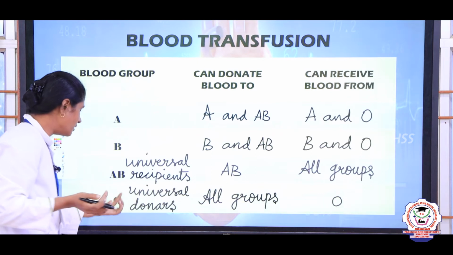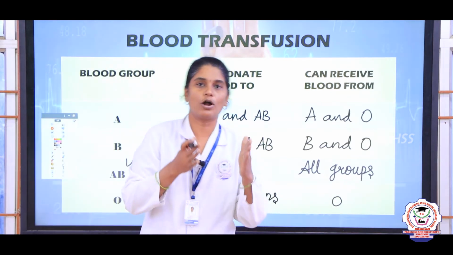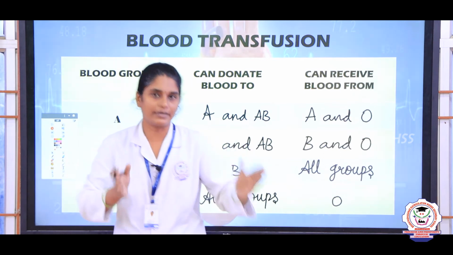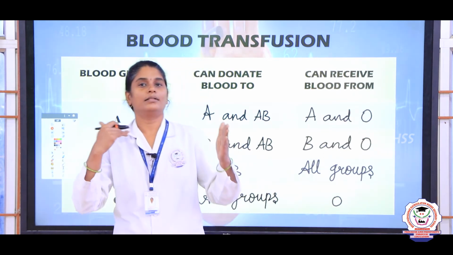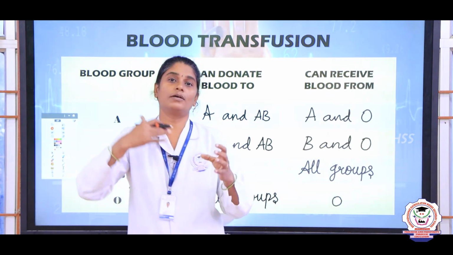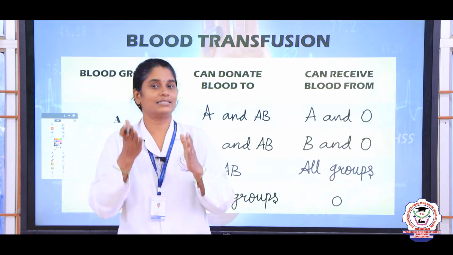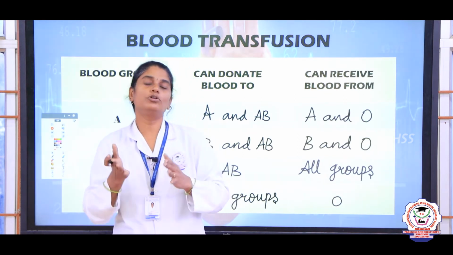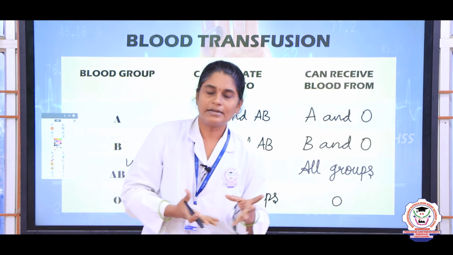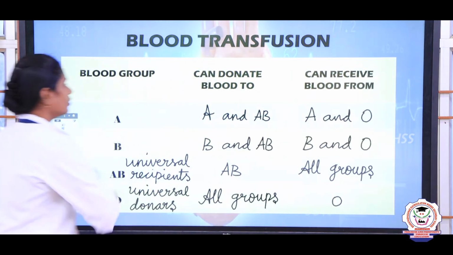So, here in O blood group, the antigens will not be present, they will not have antigens. So, thereby that will not stick the red blood cells. Even though the O blood group is given to all the other types of blood groups, as they do not have antigens, the blood will not stick together, right. So, this is about blood transfusion, right. So, are you clear with this?